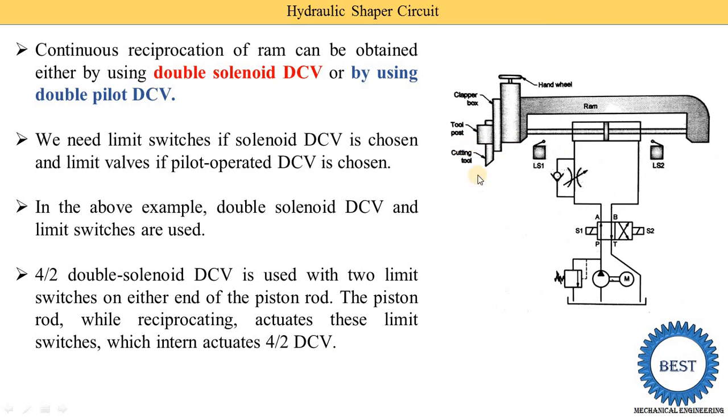It means that when the piston rod does the reciprocating motion, at that time it actuates, or presses, the limit switches. And what happens when a limit switch is pressed? We know that when the limit switch is pressed, it supplies some electric current to the solenoids. They are connected with this wire. When these limit switches operate, they in turn actuate the directional control valves. Actuate means operate. So the piston rod operates the limit switch, the limit switch operates the directional control valve, and when the directional control valve operates, the oil supply position is changed. Thus the automatic reciprocation of the ram is achieved.